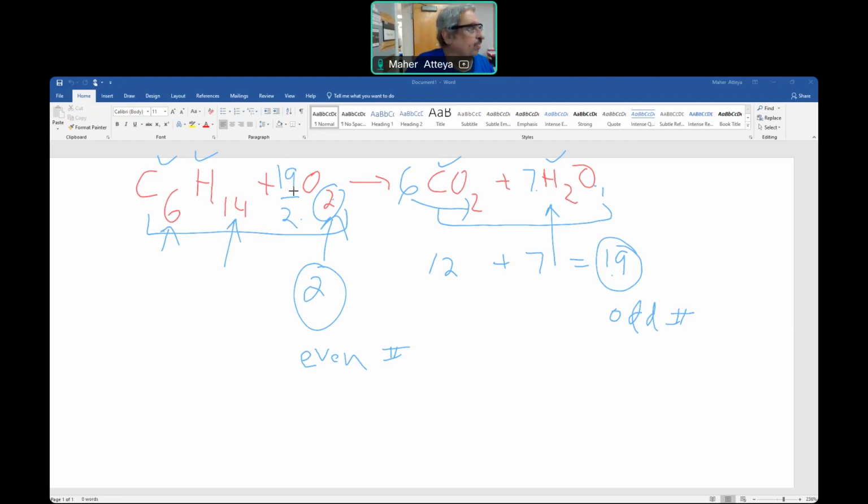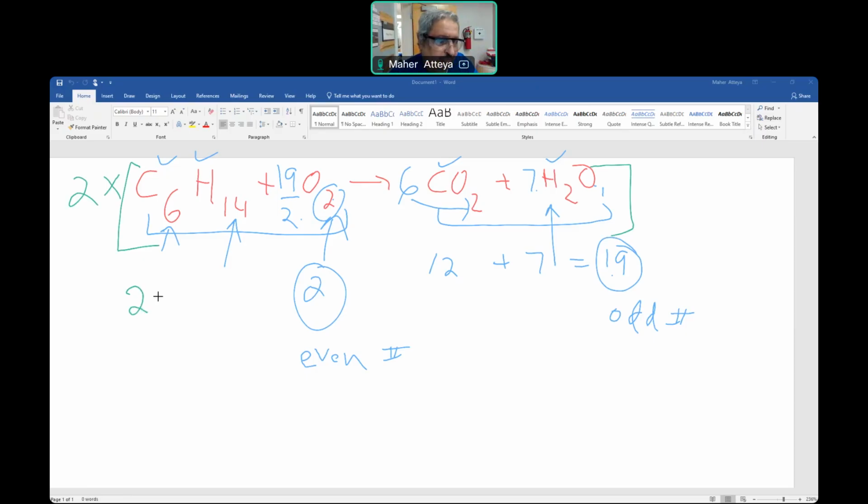This is now balanced. However, it's not the final balance because nature does not allow fractions. There is no fraction of an atom, fraction of a molecule. So mathematically it is balanced, but naturally it's not. So I have to get the fraction out. So what I will do here, I will take the whole equation and multiply it by 2. So now the equation is